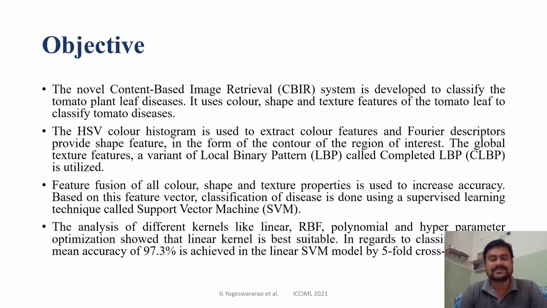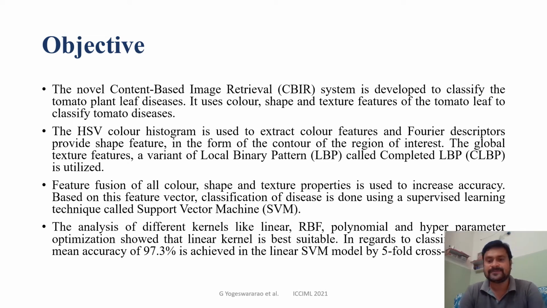Concerning color features used in the proposed model, the HSV color histogram is used to extract the color features, and for shape, Fourier descriptors are used in this proposed paper. As for the texture features, we used the complete local binary